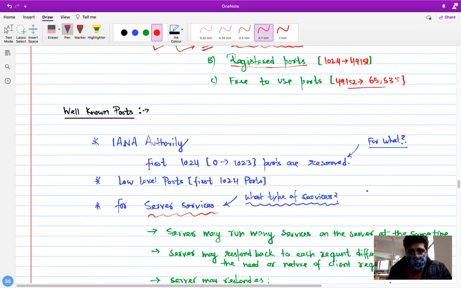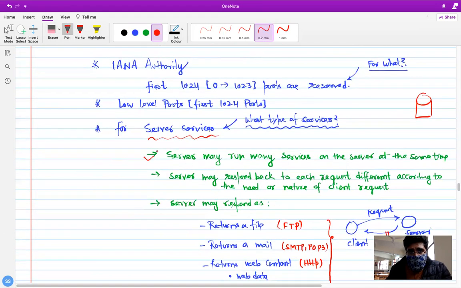It means if you have a server, there would be many services running on the server at the same time. You can run Java, you can run PHP, you can run Google, you can run Facebook. So the server can respond in many ways to an individual request. As the diversity of the technology a server can support, we have different web services on it, so we need different ports.